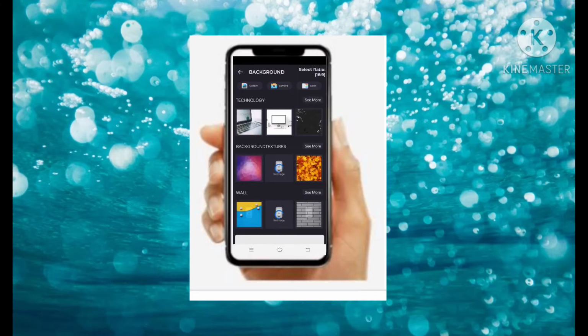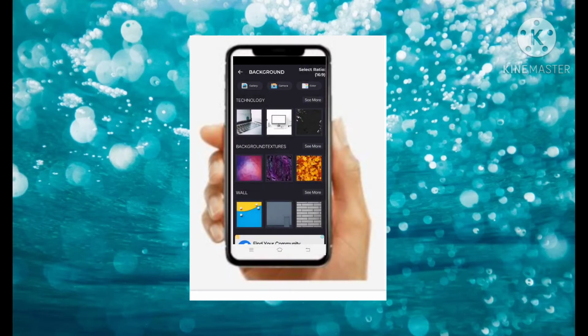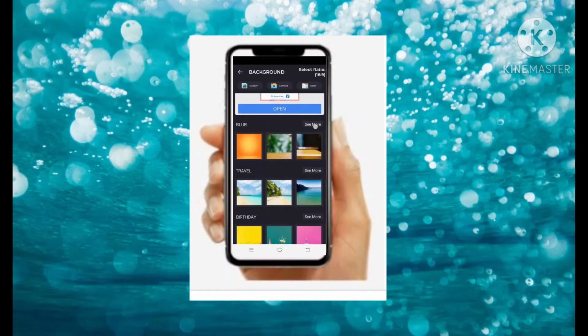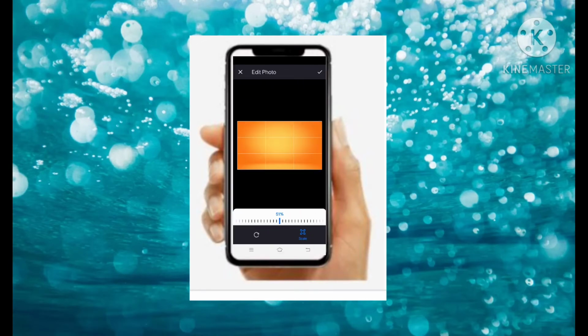then the color option will be there on top. Give a click on that color. Whichever color you want, see, you can arrange any color. If you did not like any of the backgrounds here, then give a click on any background. Then here 51 will be there for someone, and for someone 60 will be there. It must be 60 only.